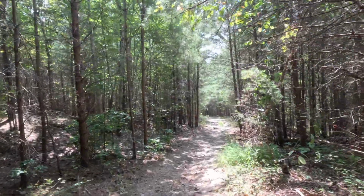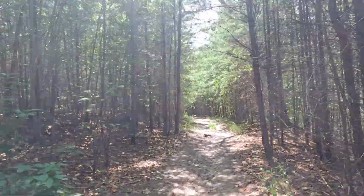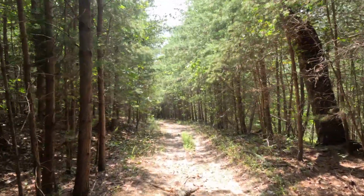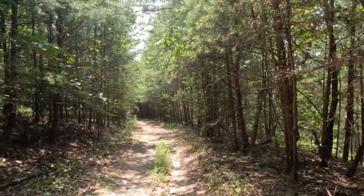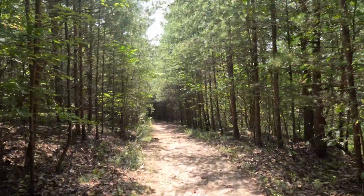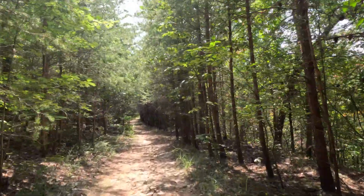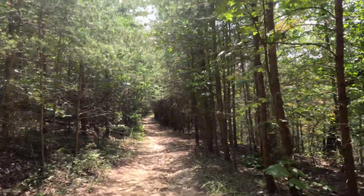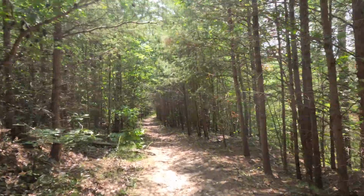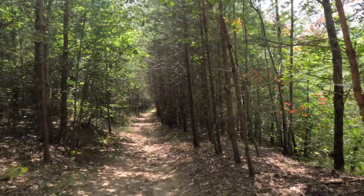Well, I've apparently reached the section of the trail that hasn't been traveled today, or if it was, much earlier, because all of a sudden I am doing a lot of silk blazing with webs stretching across the trail. I mean, it's kind of ideally configured with the trees lined up the way they are alongside the trail here. But yeah, there have been a ton of webs stretching across, and I've walked into several of them